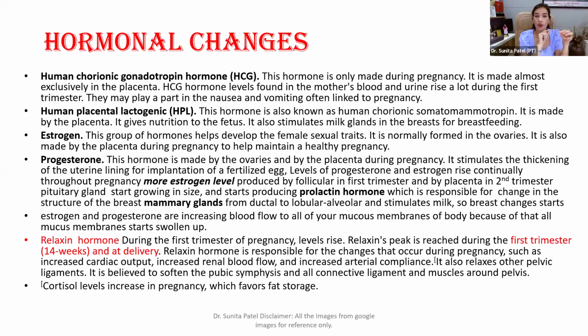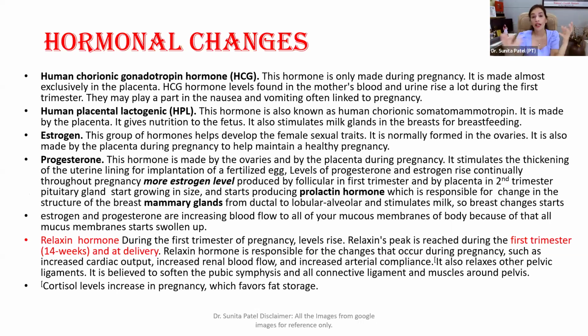Now, is the relaxing hormone only one type? No. Relaxing hormone has so many types. There are more than 20 types of different relaxing hormone which come throughout the pregnancy, even after the postnatal phase also. So the relaxing hormone is going to relax the body so the baby can grow, and all the needs can be met. And even after childbirth, the relaxing hormone becomes the healer hormone, and that is going to heal